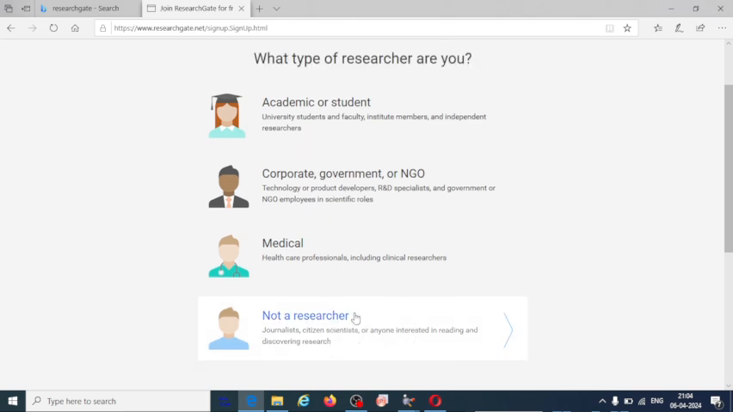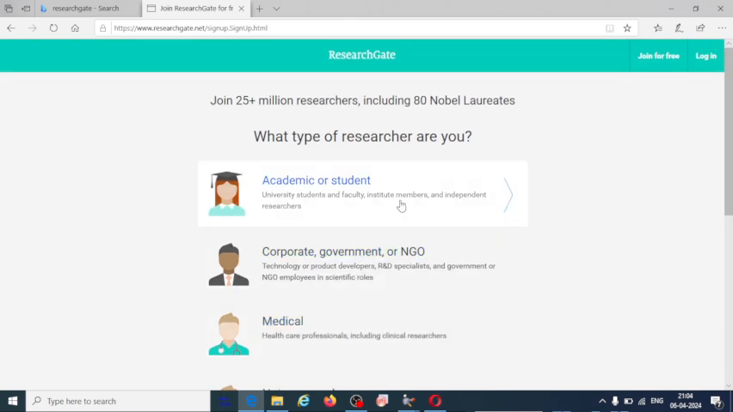Especially research students or PhD students, those who want to share their research work or want to do collaborative work, or if you want to learn more in your field, you can communicate. So the first option is for them: academician or student. University students and faculty, institute members and independent researchers go for this first option. Once you click on this,